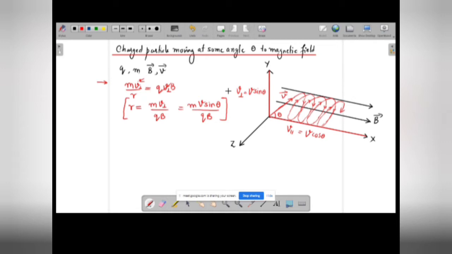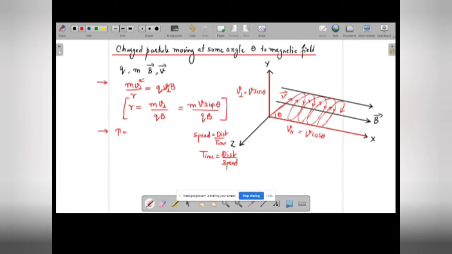Now coming to the time period, the next expression. So this was the radius. So now the time period, we know, will be given by the time required for one complete revolution. So if we use the formula speed is equal to distance upon time, then time will be equal to distance upon speed. So let's use this. Distance upon speed is going to be your time. So the time interval, that is the time required for one complete revolution, one complete rotation, will be the total distance covered in one complete rotation.